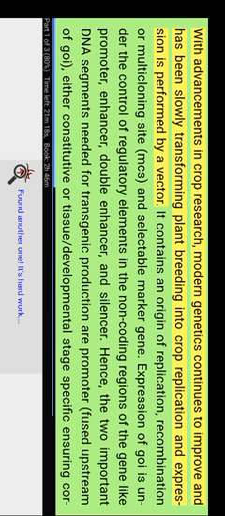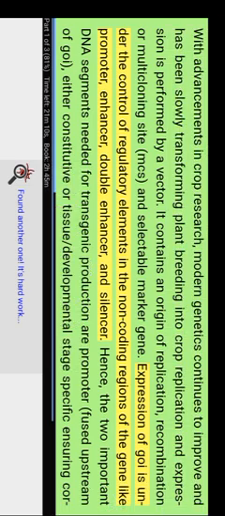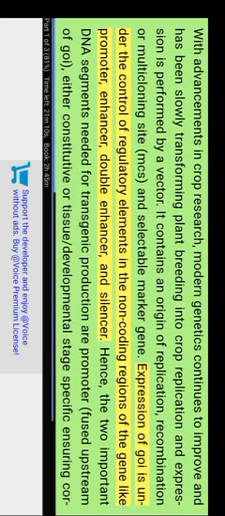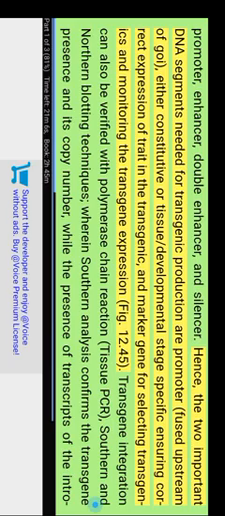replication, and expression is performed by the vector. It contains an origin of replication, a recombination or multiple cloning site (MCS), and a selectable marker gene. Expression of the GOI is under the control of regulatory elements in the non-coding regions of the gene, like promoter, enhancer, double enhancer, and silencer. Hence, the two important DNA segments needed for transgenic production are the promoter fused upstream of the GOI,